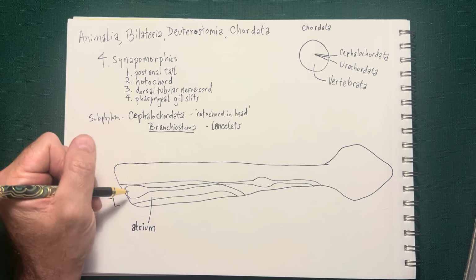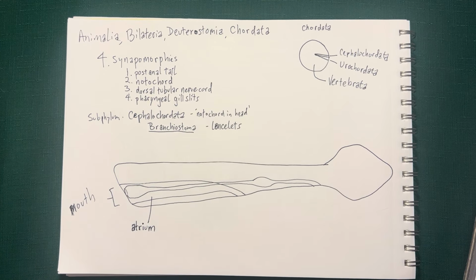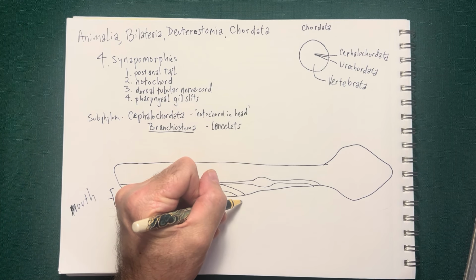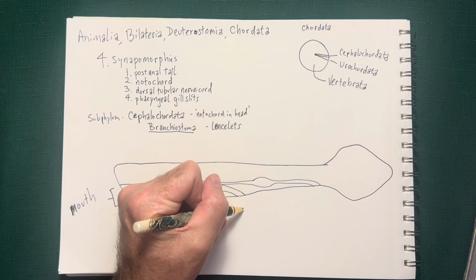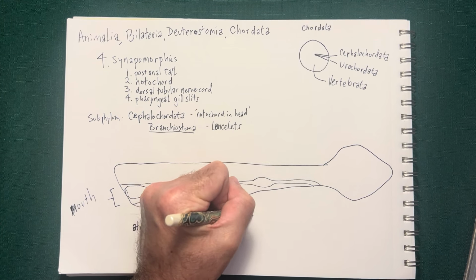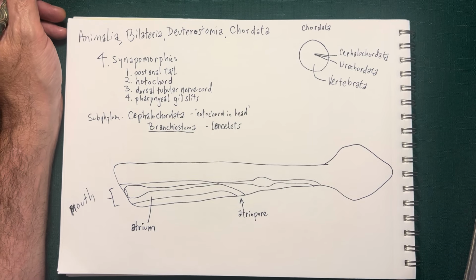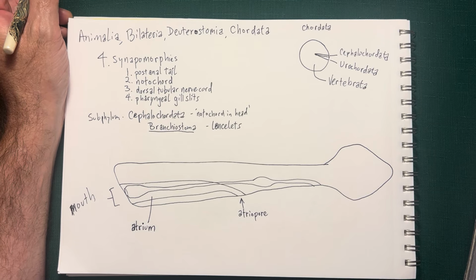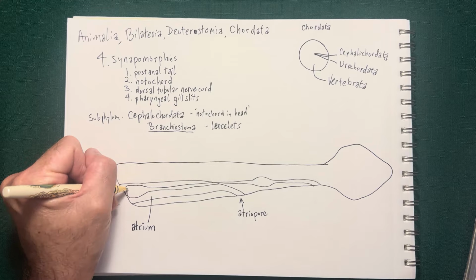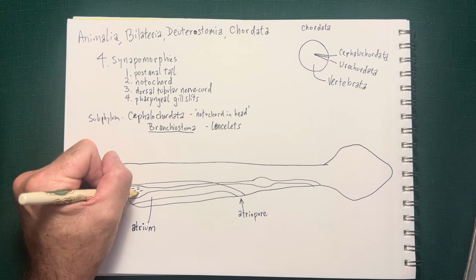But in this case, the atrium is a little bit different from the mouth because it has its own private opening called the atriopore, which is not the anus, it's something different. So what's going on here? Well, this second line that I've drawn going through here, that is actually the gut. So inside the mouth, inside the atrium,